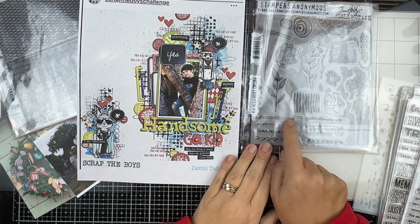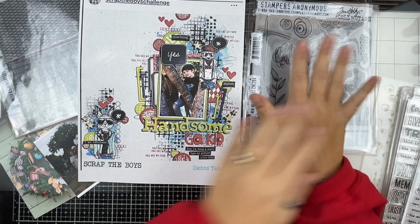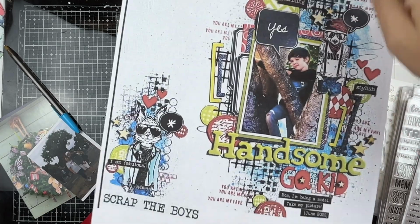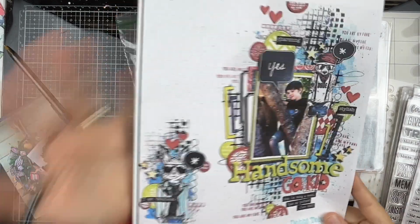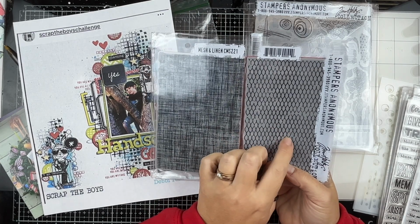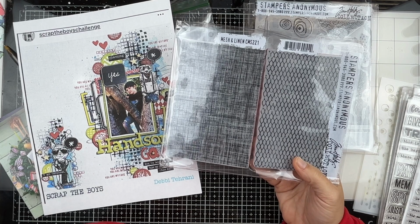But I'm thinking that we may pull this circle because we have some circle pieces here. I don't know. I pulled it out for that. And then the other thing that I noticed when I was looking at this piece right here is repeated over and over and over again. And it's got to be a stamp. I don't have one like that, but I have this. And I thought this might work with the whole Animal Kingdom vibe, because it's kind of that mesh,